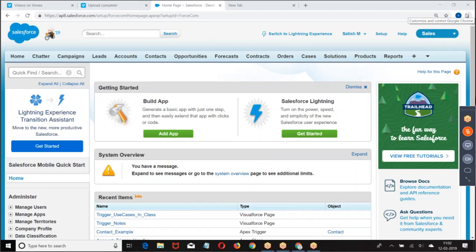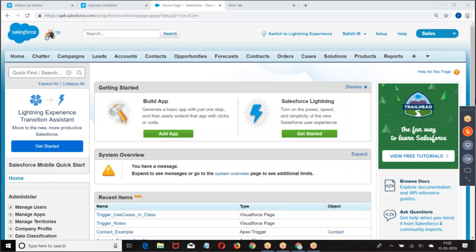After insert trigger means after the record is successfully saved. After the record is successfully saved, we want some logic to be performed after insert. Tell me some scenarios where I want to create after insert triggers. Now let us say whenever an account is created, I want to automatically create a contact for it.